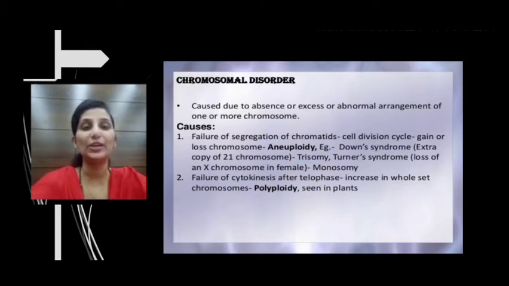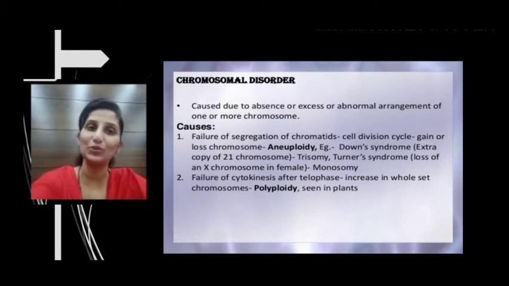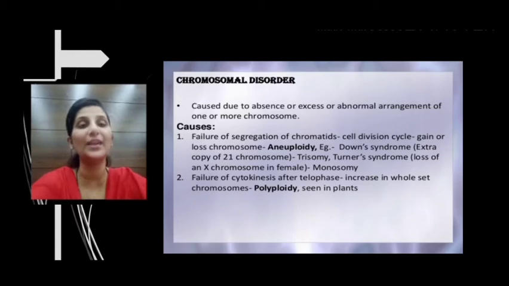Aneuploidy is due to the failure in the segregation of the chromatids at meiosis II stage. During meiosis, we know it is the reductional division which helps in the formation of gametes. And at the time of meiosis, there are two stages. Meiosis I, which involves the separation of what? It is separation of the homologous chromosomes. And during meiosis II, it involves a separation of, yes, can you give the answer? It involves a separation of the chromatids.